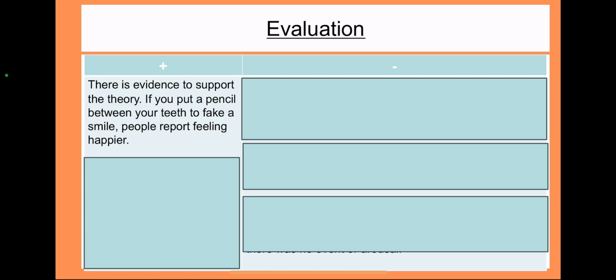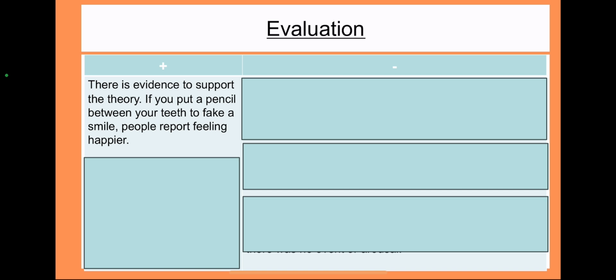You could start with the idea that there is evidence to support the theory that the physiological change increases and causes us to feel an emotion. So there is evidence that if you put a pencil between your teeth, it pressures you into a smile, a fake smile that uses the same muscles, and people literally report that they do feel happier and find jokes funnier when they have this going on. So the body is processing the physiological changes and making us happier. So the happiness is coming after the change.